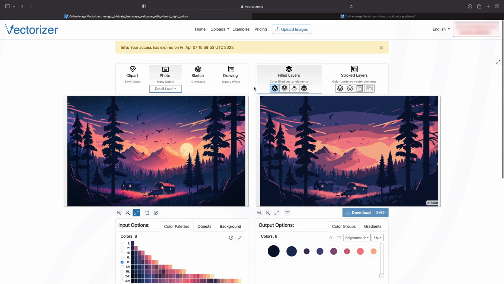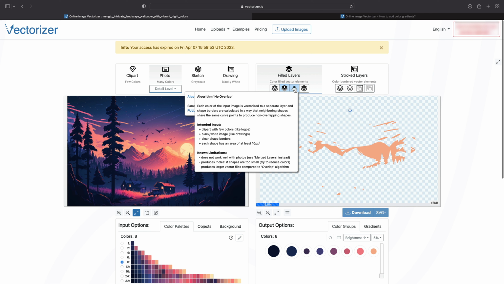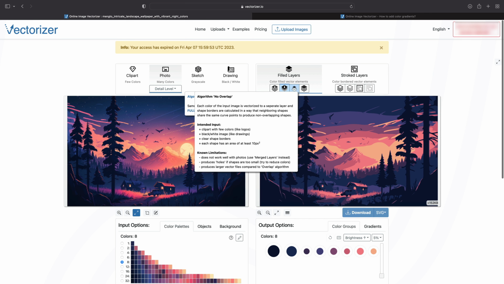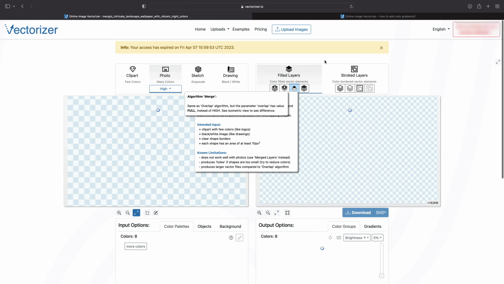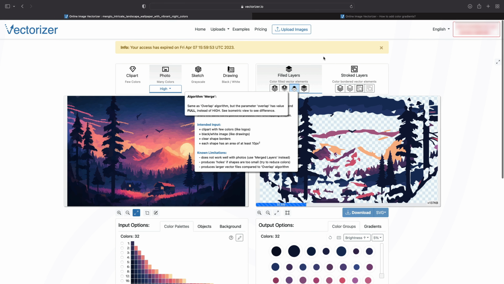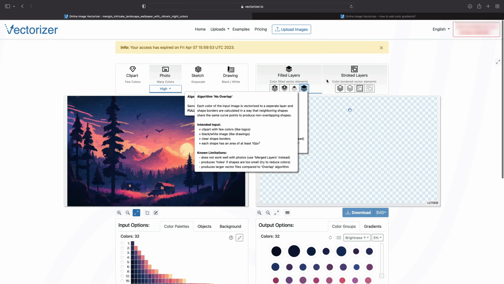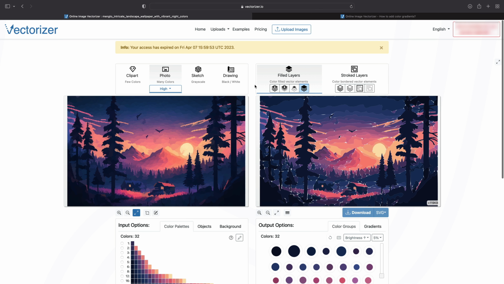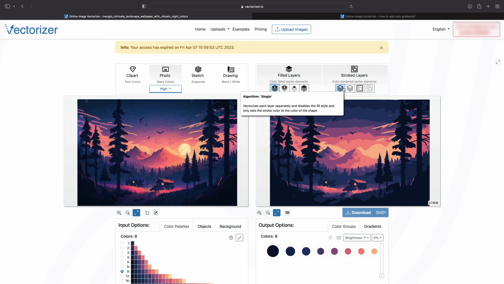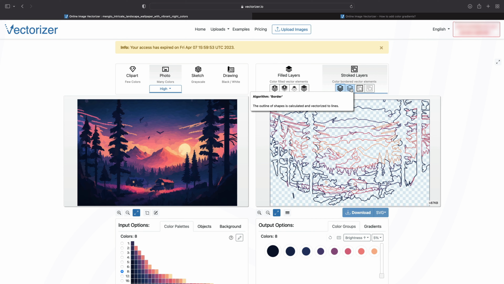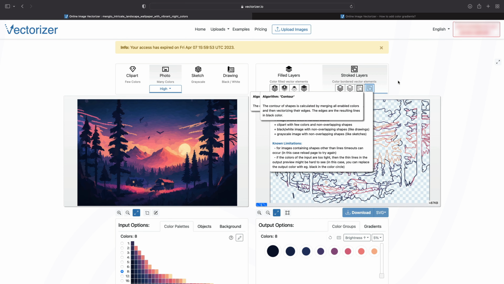Vectorization is a powerful tool that allows you to transform raster images into scalable vector graphics. When using this feature, you have access to several settings that can further enhance the traced image. Filled layers is a setting that fills the traced shapes with color, giving them a more defined and polished look. Stroked layers, on the other hand, outlines the traced shapes with a border, providing an added level of detail and